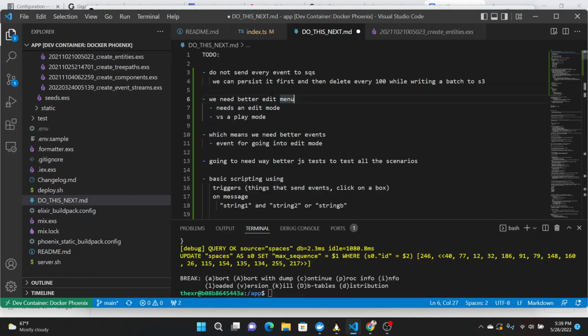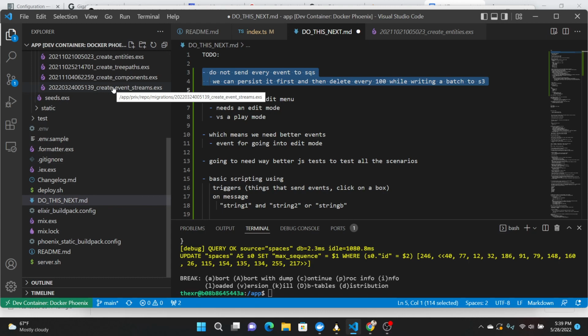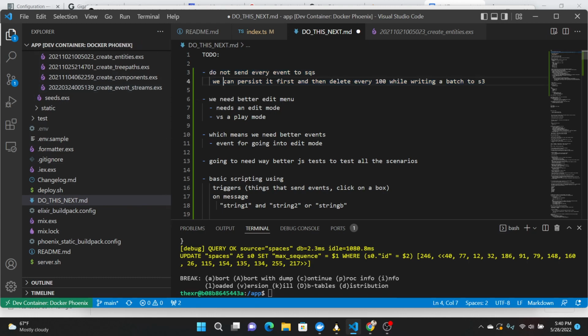In the last video, I wrote something that would pipe every event to FIFO SQS to persistent DynamoDB, but I think I'm going to roll this change back because we have this table for creating event streams. So one idea is we can store these locally, and then when we have maybe 100 or so events, we can batch write them to S3. That way we don't need to worry about throttling issues going from SQS to DynamoDB. So let me just